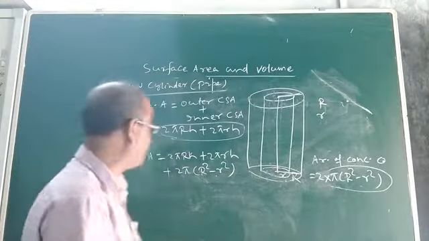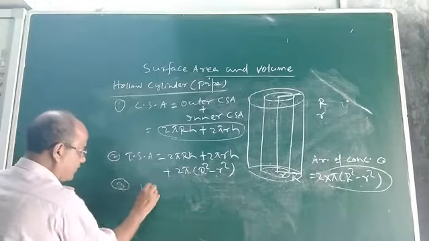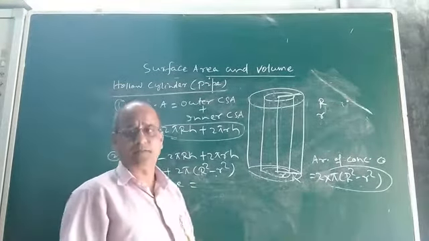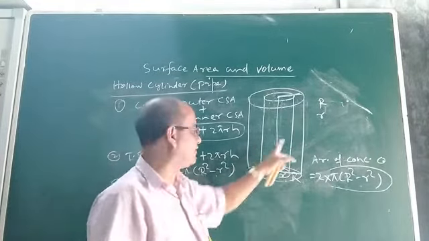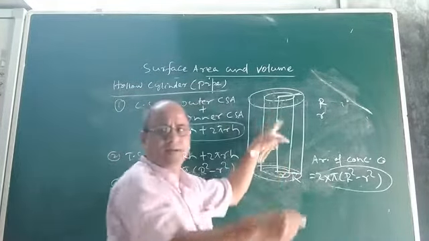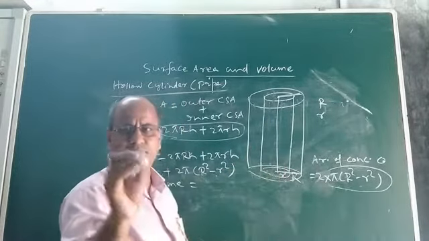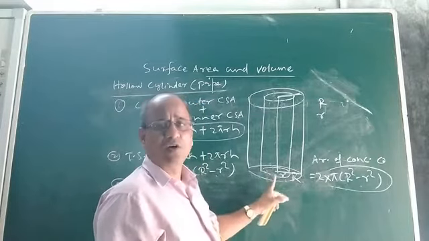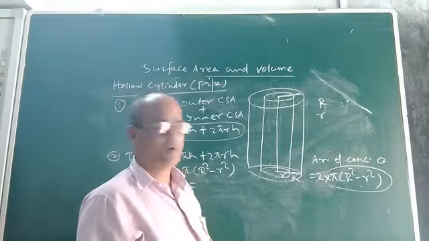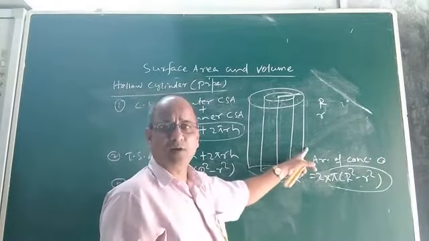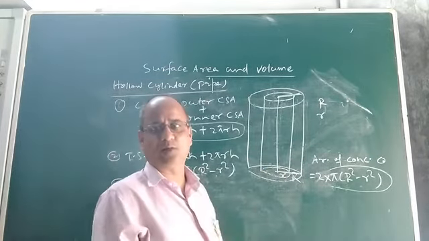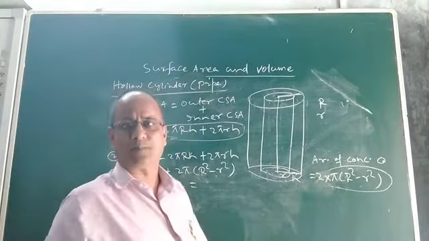Then how to find the volume? Now what is the formula for the volume of your hollow cylinder or pipe? Clearly, children, to find the volume means how much space it occupies. You know what volume means. To find the volume of this hollow cylinder or pipe, what we will do? We have to find the volume of the outer cylinder and then the volume of the inner cylinder and then take the difference, or subtract. If you subtract the volume of the inner cylinder from the volume of the outer cylinder, you will get the volume of the pipe or hollow cylinder.